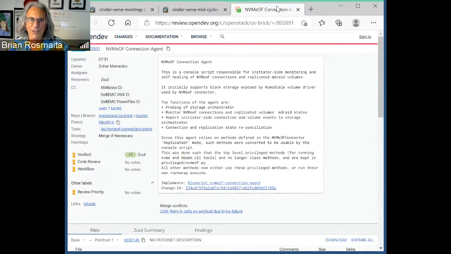The first thing is the REST client. If we look at the REST client, this is the code that's duplicated from the driver, is that correct? Yes, the REST client.